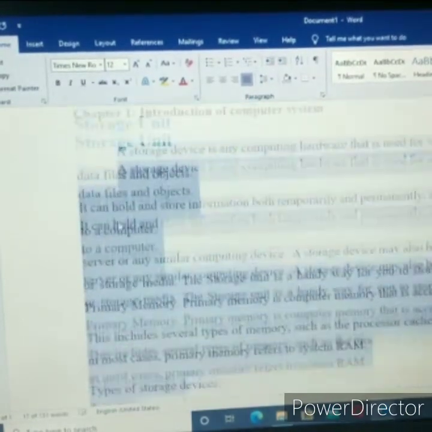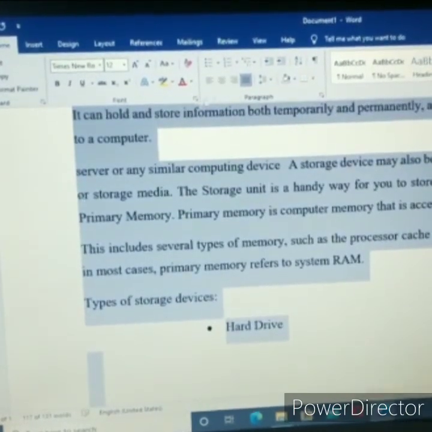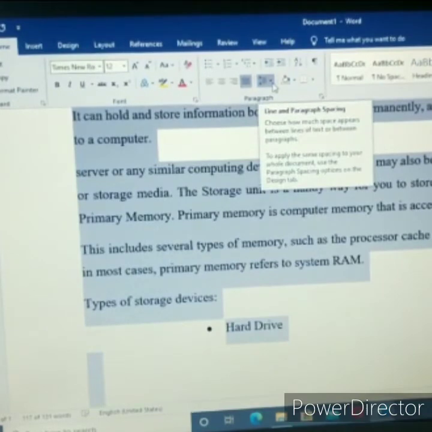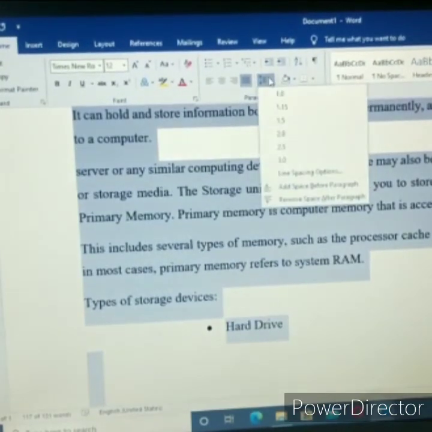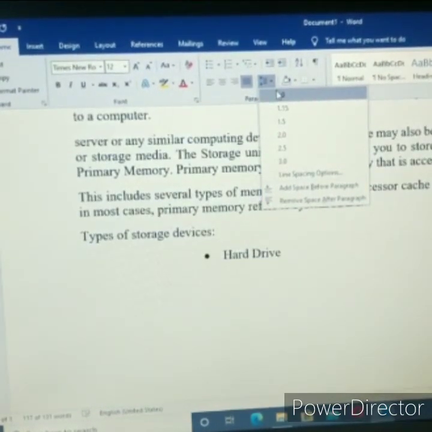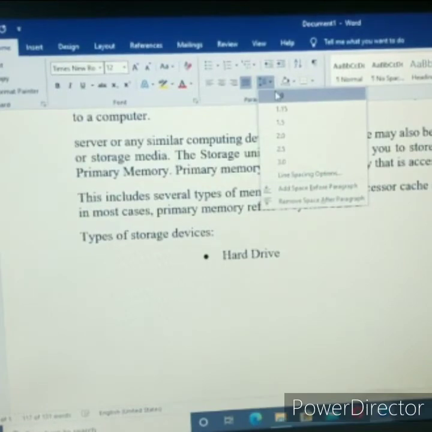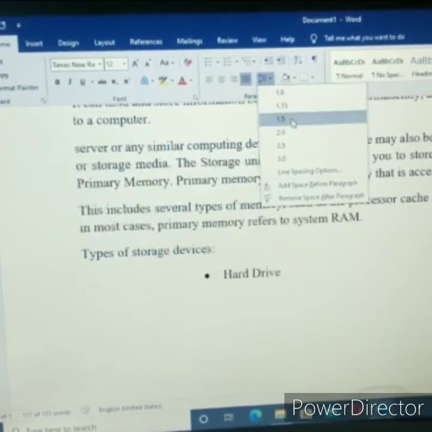Now I select everything. This button is called the line and paragraph spacing button. It is used to give space between your paragraphs.